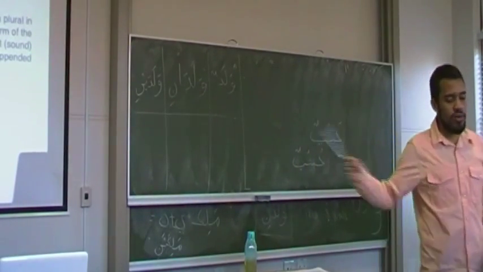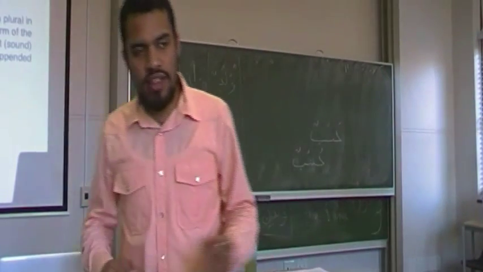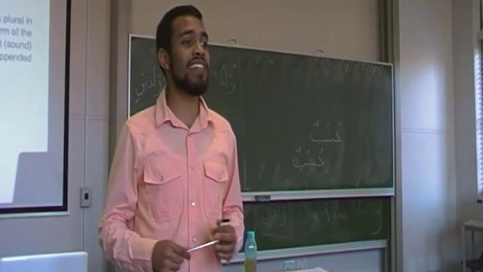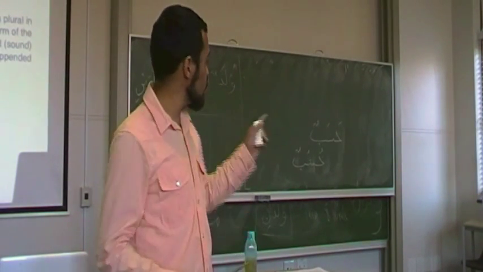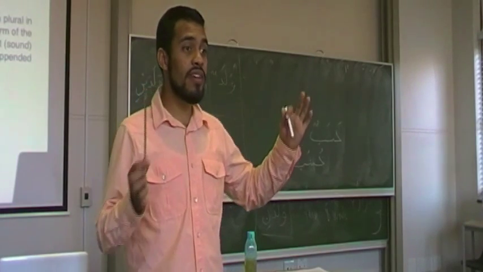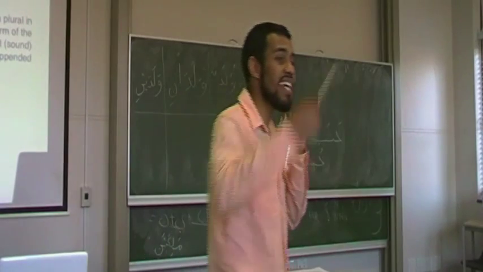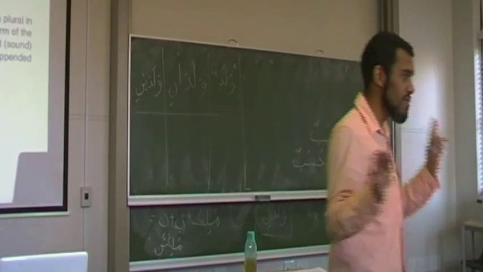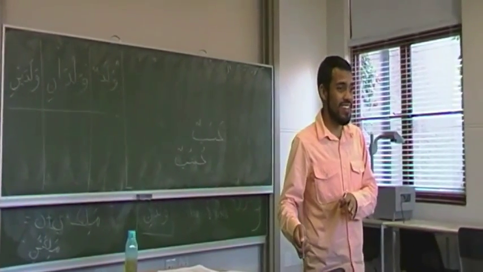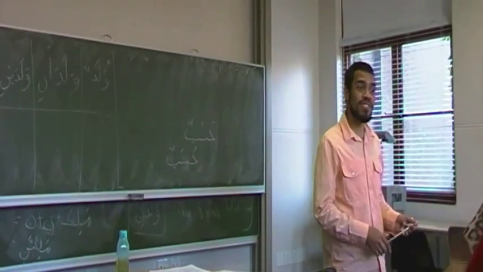What I mean by the base is the vowels excluding the last letter. The original letters excluding the last letter, because the last letter indicates the case. Remember, Zaidan is the same as Zaidin and Zaidun. They all refer to the same Zaid, but they talk differently about that Zaid. Does that make sense? But Zidan is different from Zaidan.